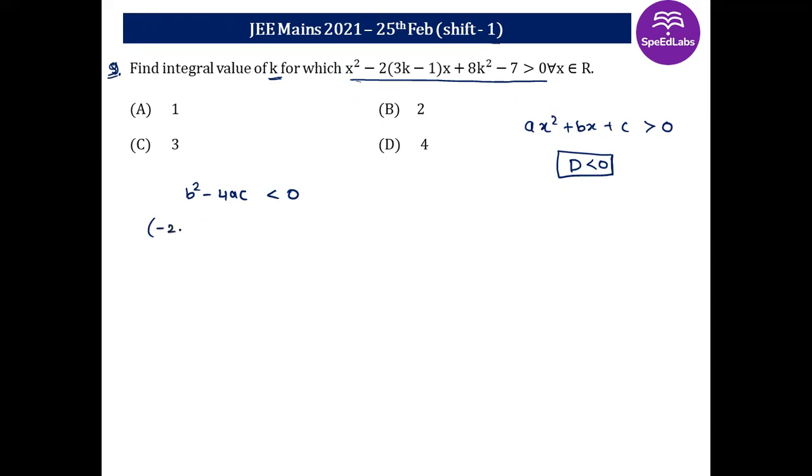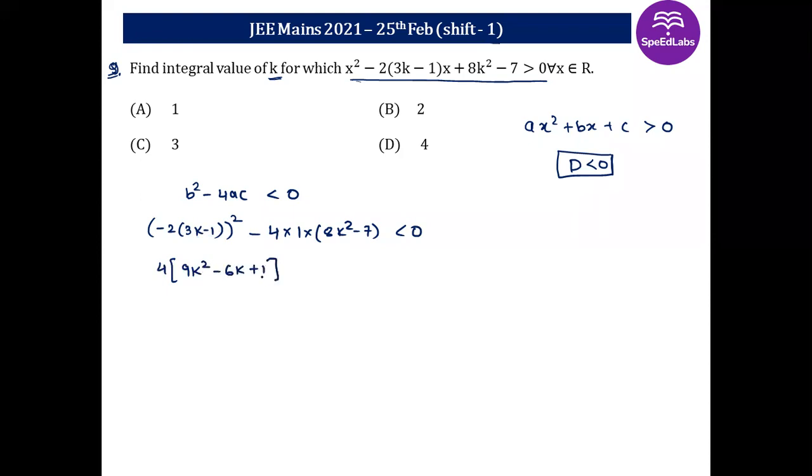So if you apply this over here, b is minus 2 into 3k minus 1 whole square, minus 4 times a, that is 1, and c, which is 8k square minus 7. This should be less than 0. This will be 4 into 9k square minus 6k plus 1, and this will be minus 32k square plus 28